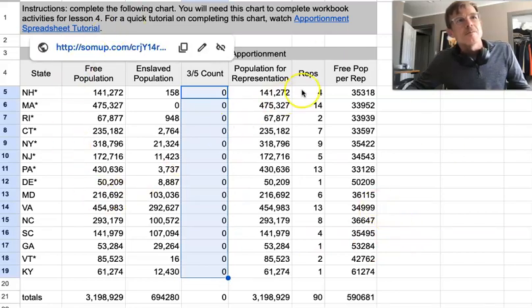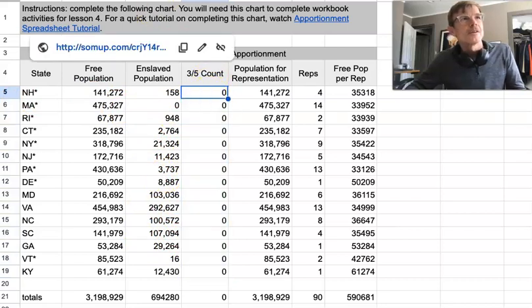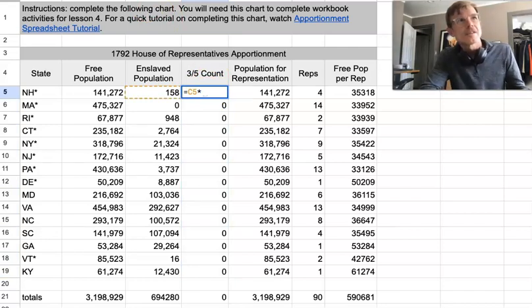Okay. So you can see how by manipulating the numbers, you can show different situations and see how it would change for the southern states and the northern states, or the slave-owning states and the non-slave-owning states. Although that's kind of a misnomer, because as you see, almost all of the states had at least some slaves, Massachusetts being the exception. I'm going to change this back to 3/5, which is 0.6,